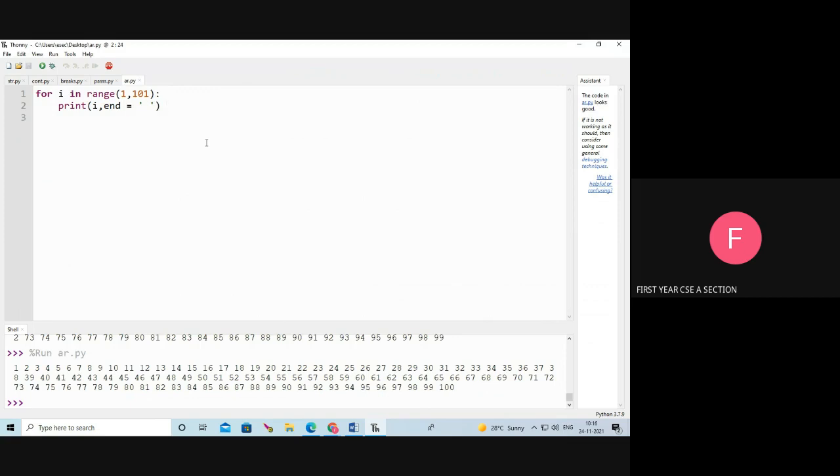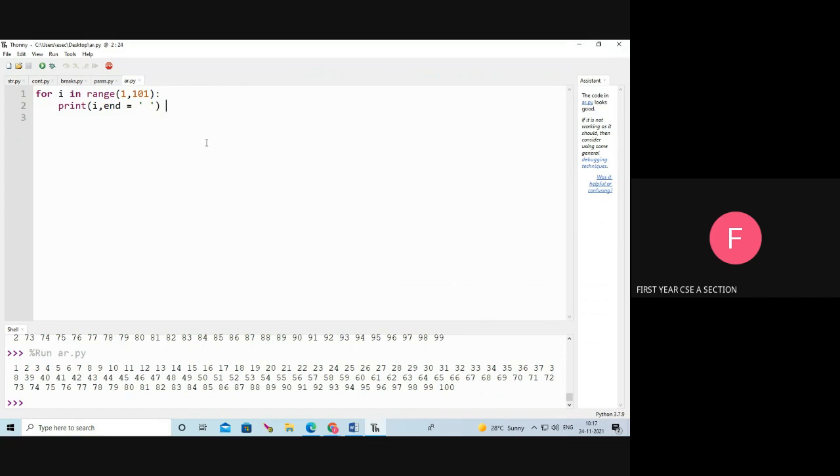We are continuously executing the same statements, so we are going for loops. We are reusing the same print statement 100 times. So the for loop is used for reusing the statements, reusing our code, and it reduces the complexity of the program.